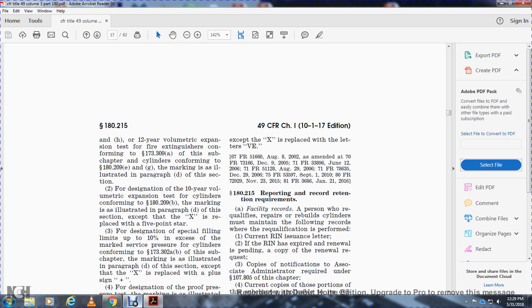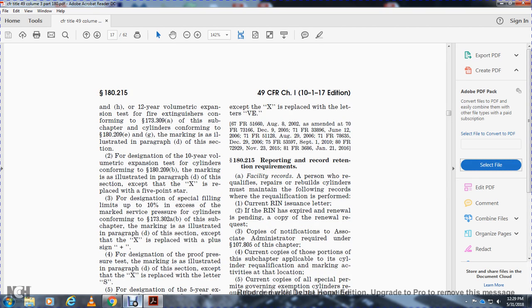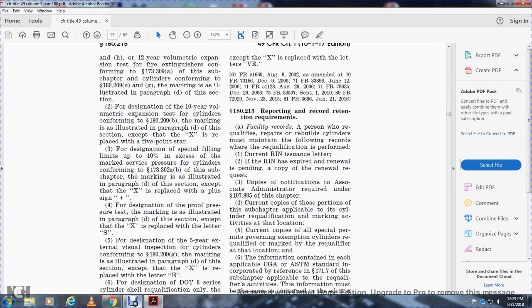For the designation for the 10-year volumetric expansion testing of the performance with statute 18209B with the mark of the illustrated in paragraph D of this section, except for the X is replaced with the 5-point star for the designation special filling limited to 10% instead for the mark serve the pressure for the cylinder performance 173-302A with the subchapter mark of the illustrated in paragraph D of this section, except for the X is replaced with the plus sign with the designation for the proof of the pressure for the test for the mark for the illustrated in paragraph